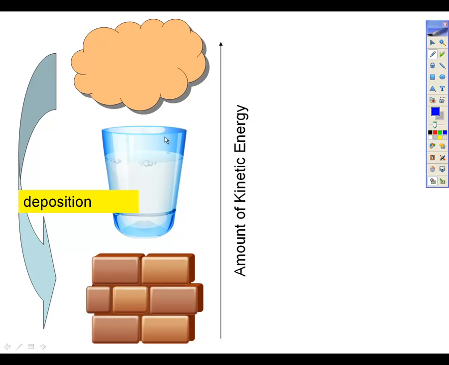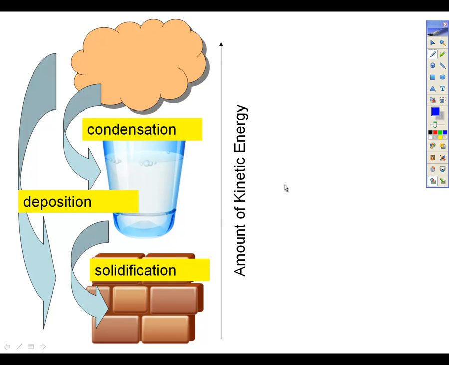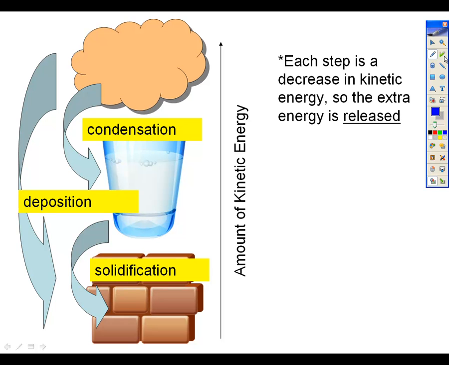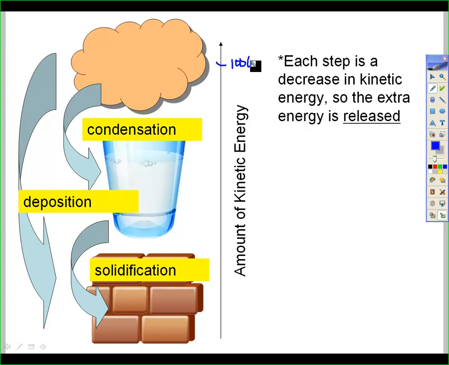Now notice we always went down in kinetic energy for each one of these. So there's all three again. Each step is a decrease in kinetic energy. Every time we're going down in kinetic energy, we're going to have some energy left over, and that energy is released. So for example, we said that this is 1,000, and we just totally made up that random number, but we know it's higher than what it is for a liquid. If I condense from 1,000 to 100,